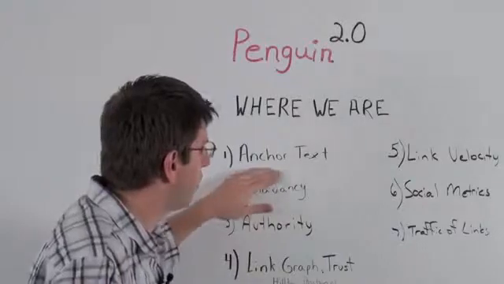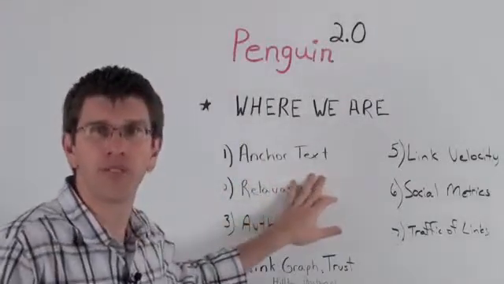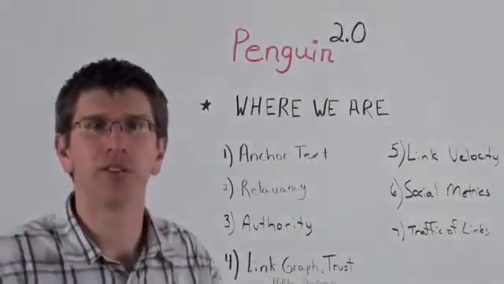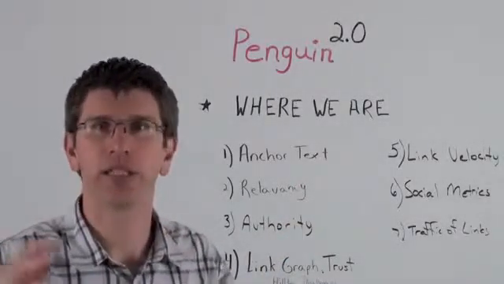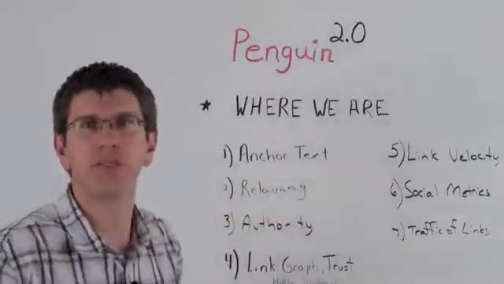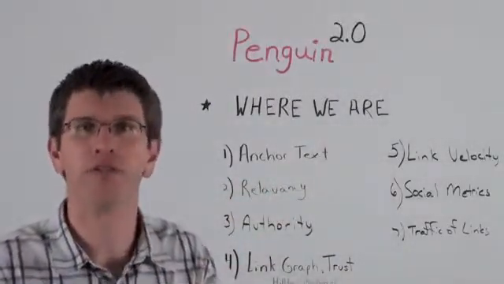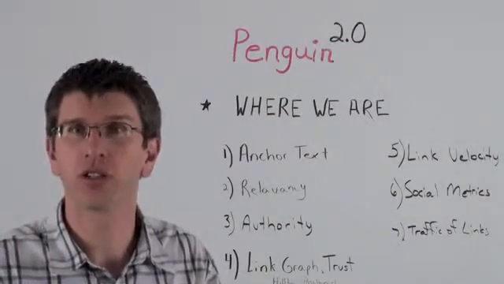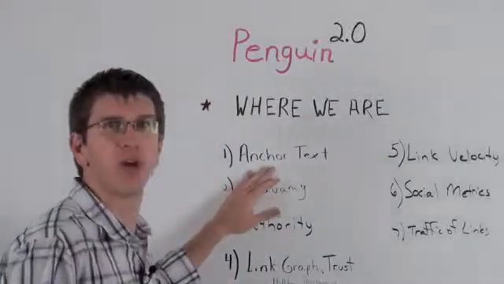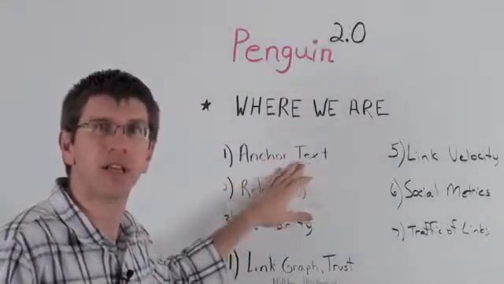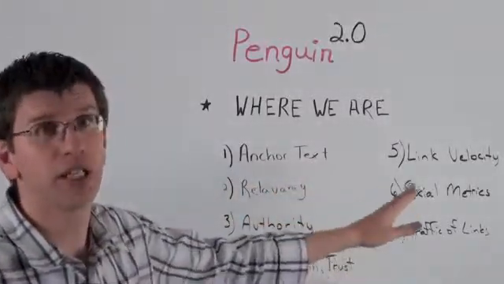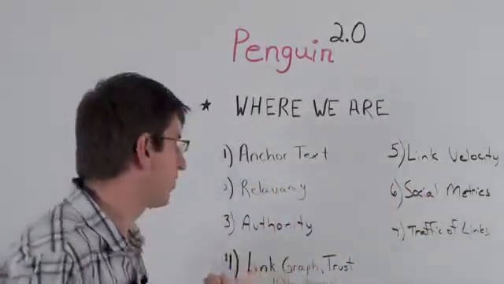So Google started putting in filters on over-optimization. We've seen a lot of different percentages thrown around, anywhere from 30% anchor text to 70% anchor text. It goes all over the place, but basically anybody that had less than 30 to 50% anchor text avoided the filter. We don't know where it's going, but that's probably something Google is going to look at with Google Penguin 2.0. How does anchor text fit into that? If your website has a lot of anchor text links to your site, be careful. If you didn't get hit the first time, you may get hit the second time around.